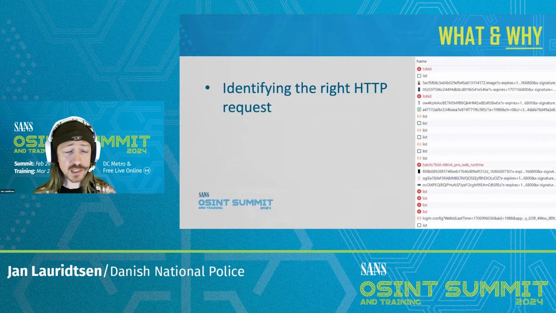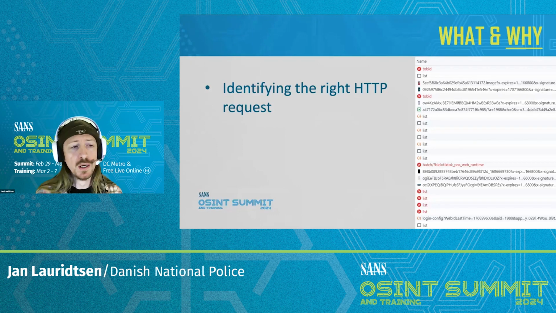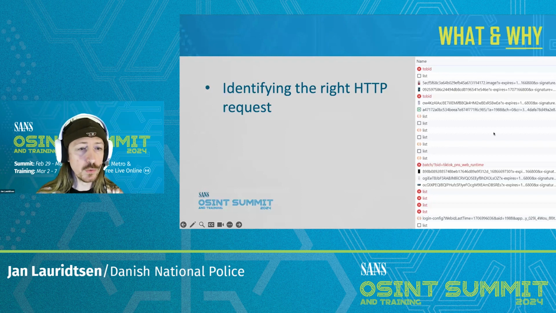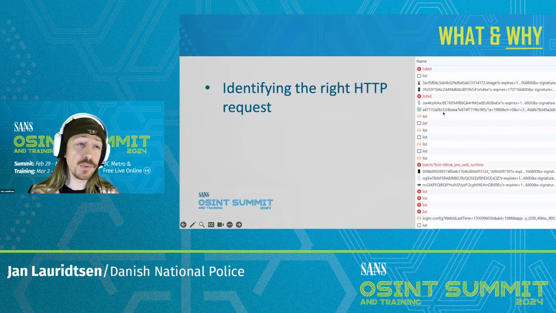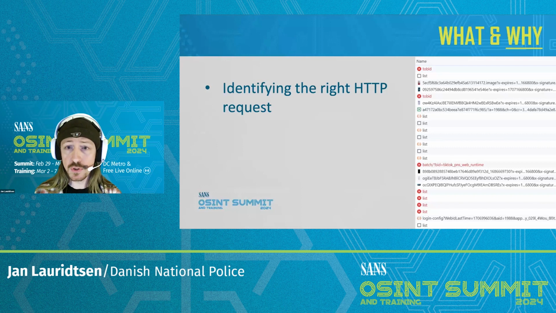If we start by taking a look at the network tab solution, the first issue you'll have here is identifying the right HTTP request, of course. As you can see here, there are really a lot of HTTP requests, so finding the right one might be time consuming, and it's also error prone. I mean, try imagining having to explain this to a non-tech colleague. Oh, you just need to go down to the developer tools, look at the network tab, and find something with data, right? I think the bottom line is that most people would probably not do this,